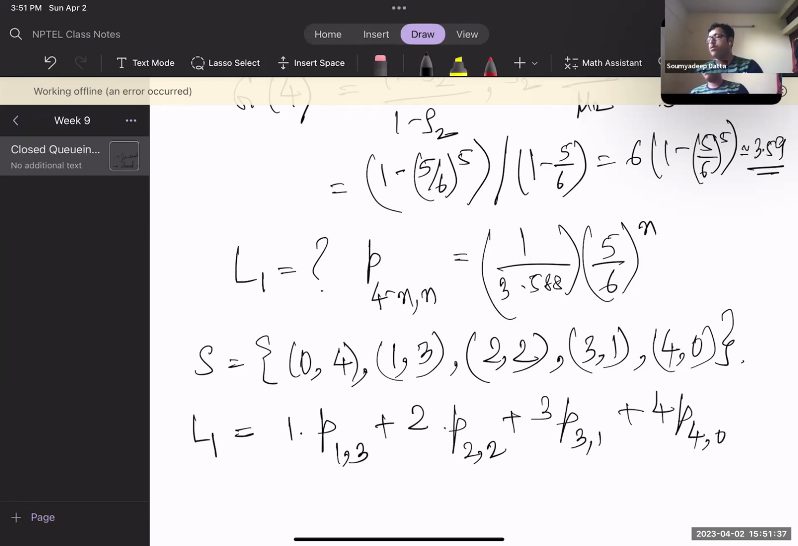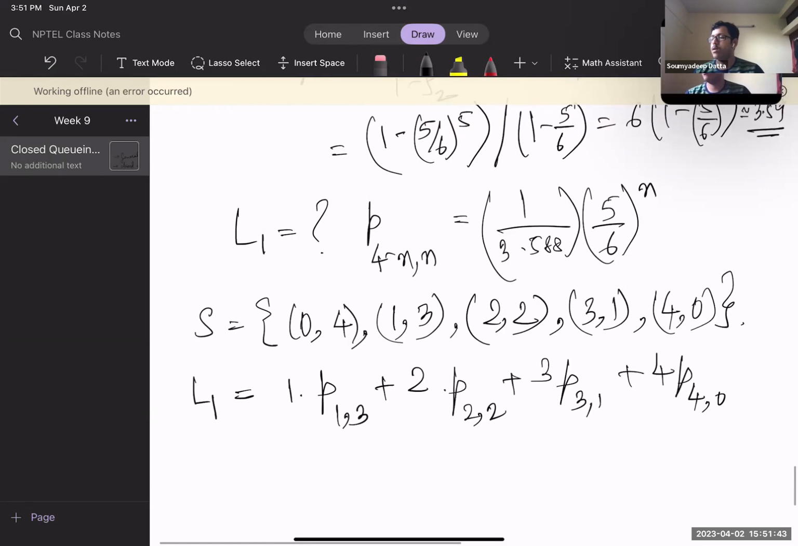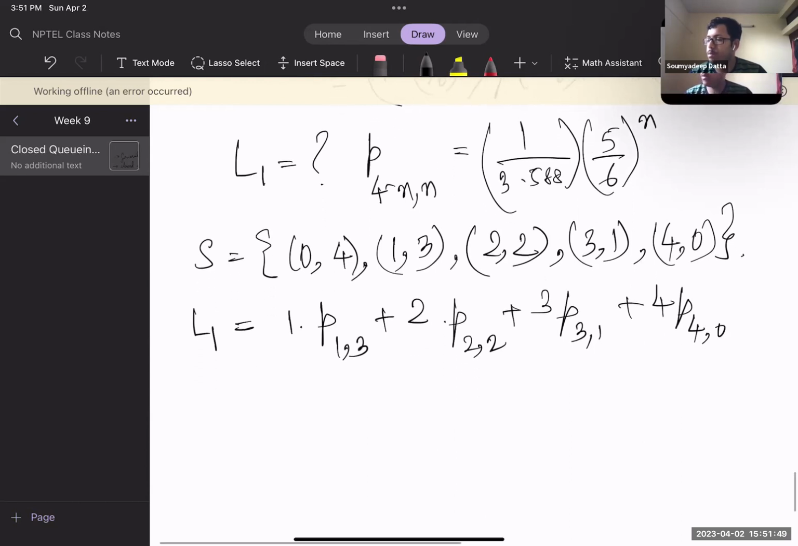So I'm just trying to find the probabilities of each of these states and adding the weights to the number of customers. And the first state doesn't count because there are 0 customers in node 1. So let's find out these probabilities. Right? So we'll have this 1 by G of k coming as common. So 1 by